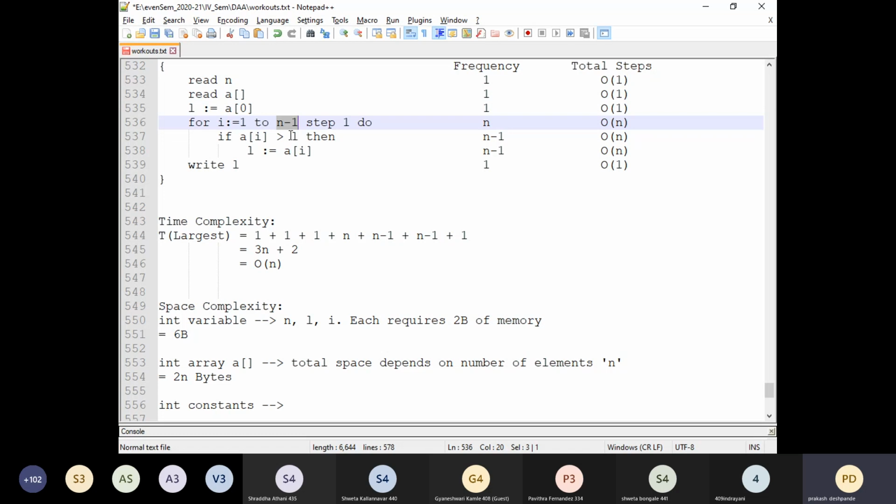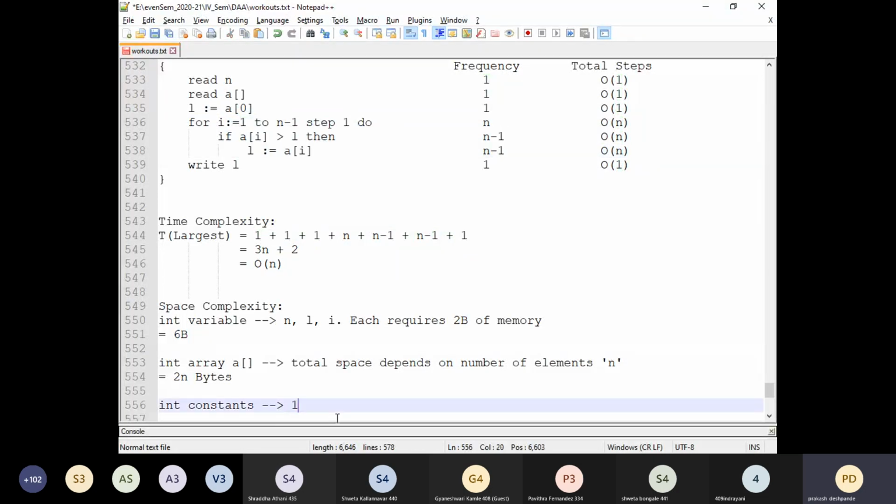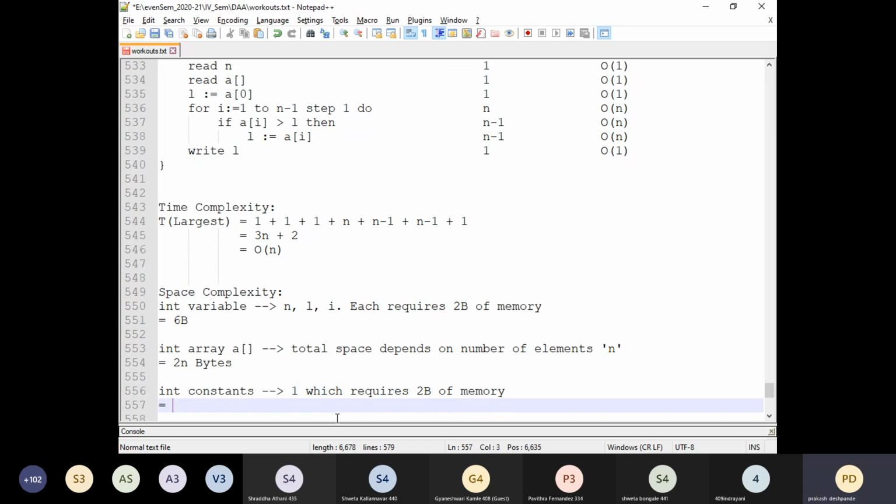So both are variables. Then i plus plus, that is i equals i plus 1. So we have one constant here. Then next, again, all are involving variables. So there is only one constant, which requires 2 bytes of memory. So total 2 bytes.